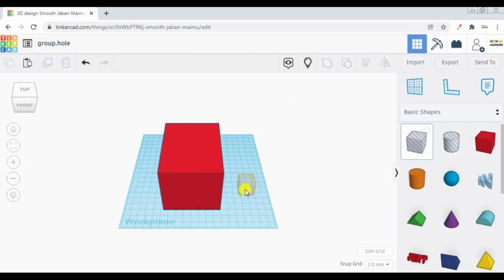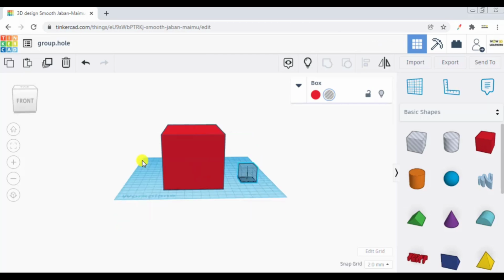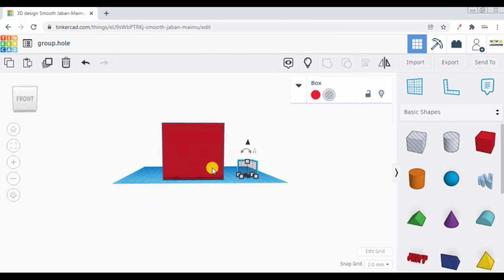So if I drag this hollow box onto my surface, what I want to do is I want to make a container. So in order to make container, I have to put this hollow box inside this box of the required shape I want to make hollow. So I want to make this portion hollow with the help of intersection of objects.